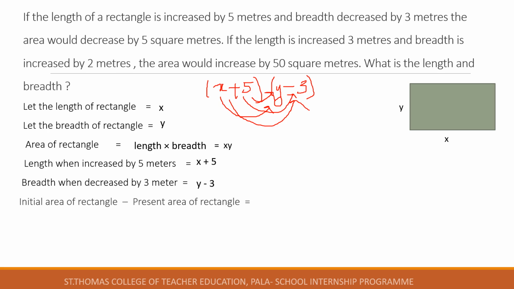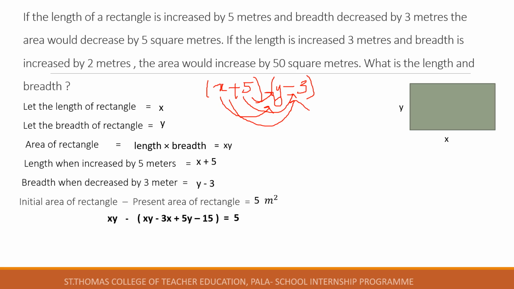So, in the question it is given that when we increase the length and decrease the breadth, there will be a change in area. And the change was the initial area decreased by 5 square meters. So, what we can say? Initial area of rectangle minus present area of rectangle is 5 square meters, isn't it? What was the initial area? Yes, it's xy. And what is the present area? By opening the bracket, we get xy minus 3x plus 5y minus 15, isn't it? And that is